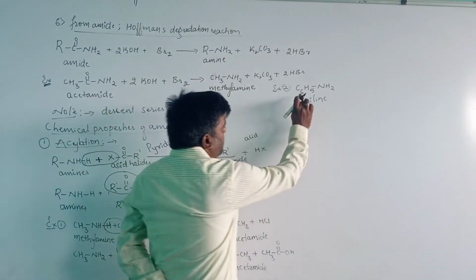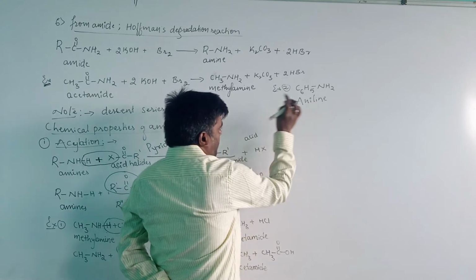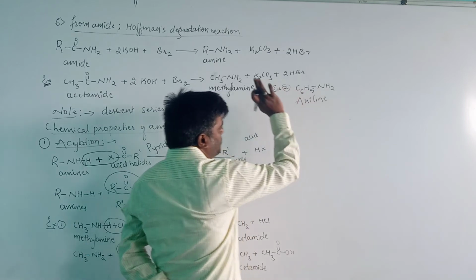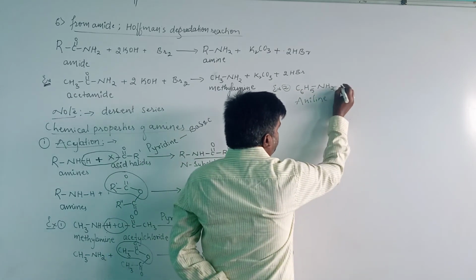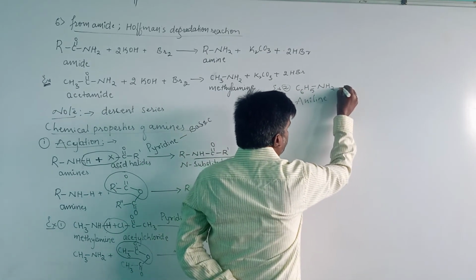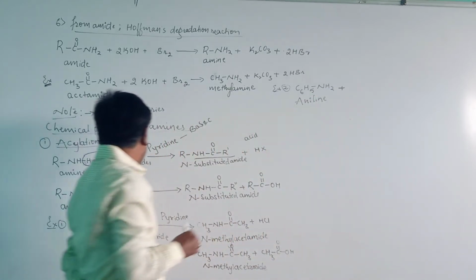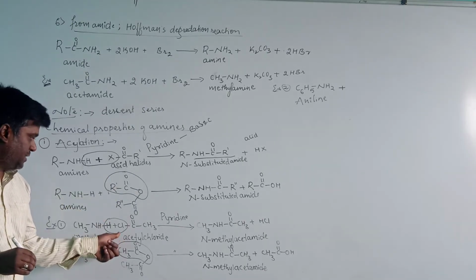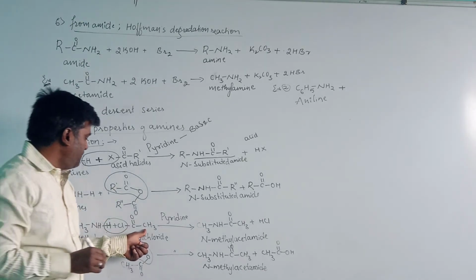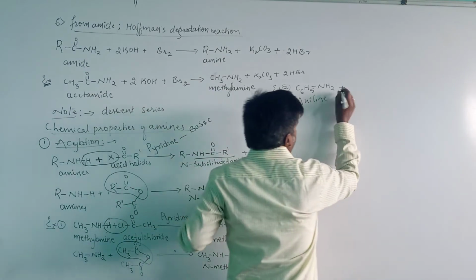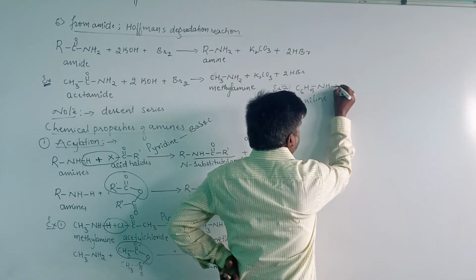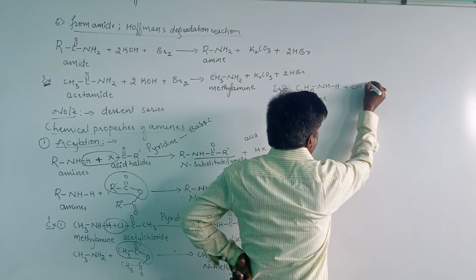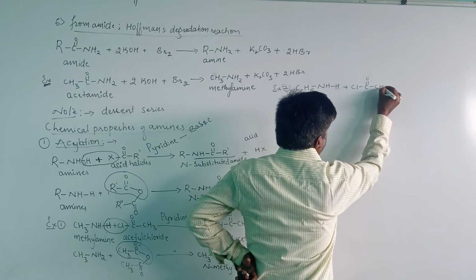Benzene amine is the IUPAC name, aniline is the general name here, and aminobenzene is also a general name. When aniline reacts with acyl chloride as well as acetic anhydride, first we take acetyl chloride, and one of the hydrogens we will represent separately here. Then Cl-C double bond O-CH3.